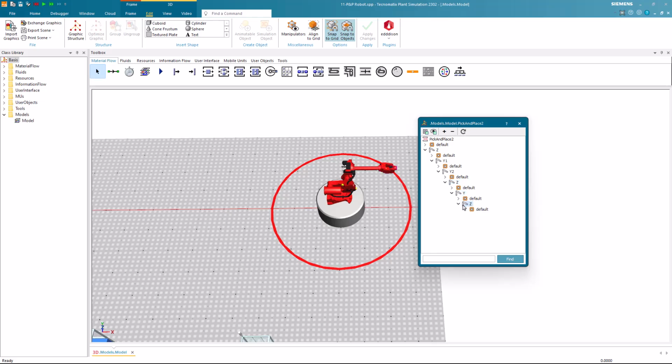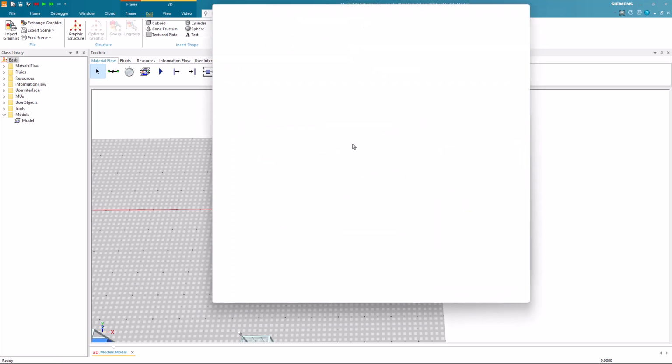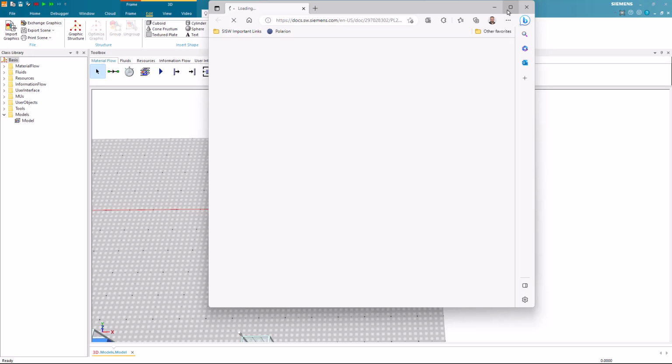The automatic calculation of the joint settings for picking or placing a part is only supported for specific types of axis configurations. To get information about supported configurations, you can have a look at the online documentation. Therefore, we open the dialog of the robot and click on the Help tab. Then we click on Help on Object. Or we can simply press Shift and F1 as shown. You can also just select the robot and press F1.